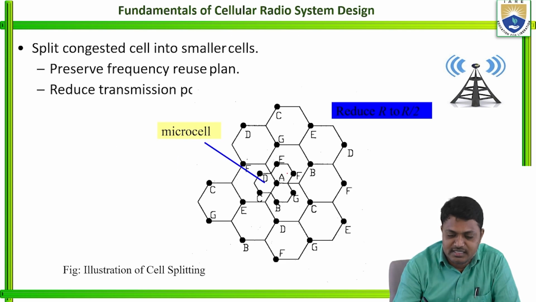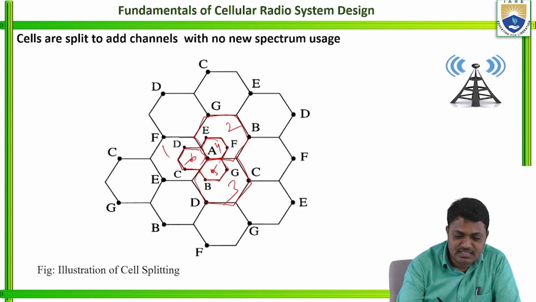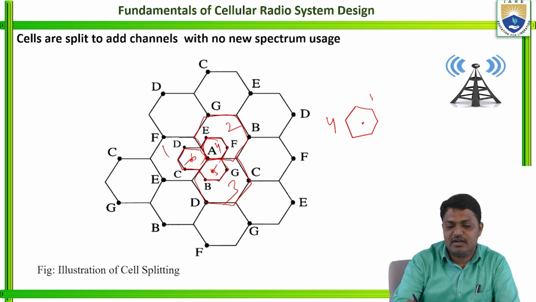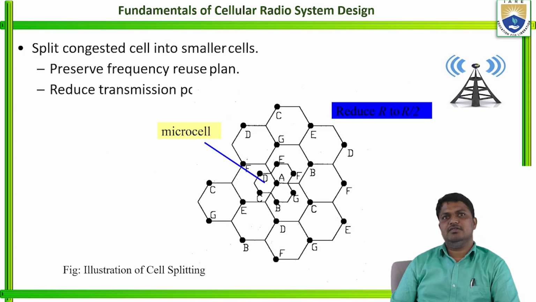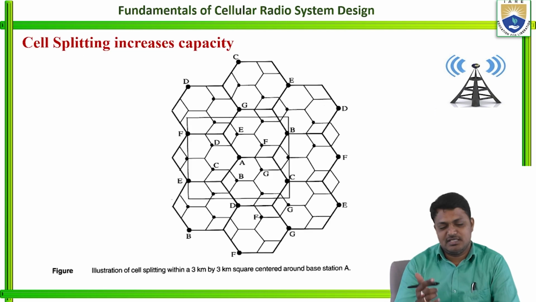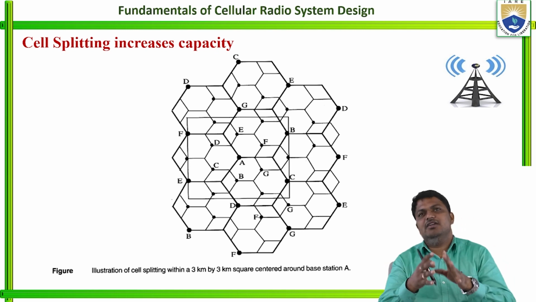Right. See here. Again, just now we discussed that. This is called the single cell 4. Cell 4 is there now, right? So this cell 4 is called a microcell. Not only 4, but 4, 5, 6, these cells are called the microcells. This is the cell splitting process. In cell splitting, the large cells are split into small cells.